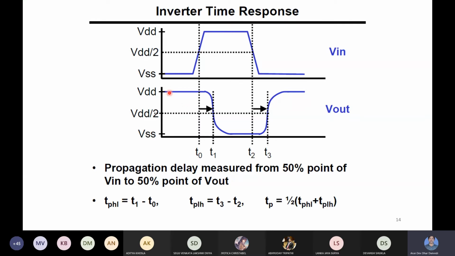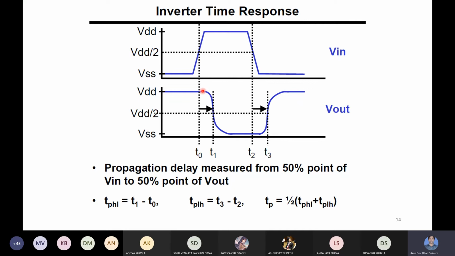First you have to see when the output is coming from high to low, then come to the 50% point. Here VOH is equal to VDD, the maximum point, and VOL is the 0 point, and in between is VDD by 2. At VDD by 2, when the inverter output is coming from high to low, the time at this point is denoted by T1. On the same scale, at that time the input will be going from low to high.